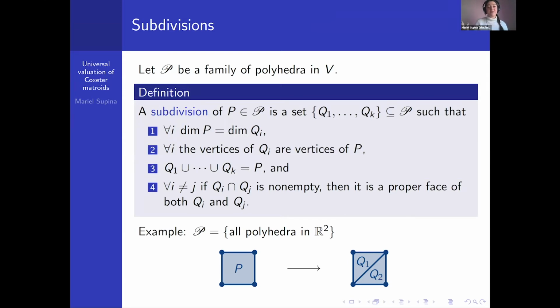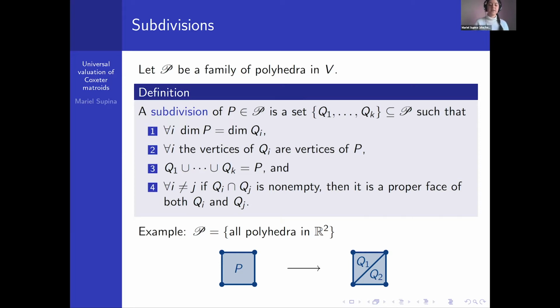If I have some family, script P, then I'm going to say that a subdivision of a polyhedron P in my family is a set Q1 through QK of other polyhedra in my family satisfying these conditions. Basically, they just need to only use vertices that were already vertices of P, and their union needs to give me P. And if I take the intersection of any 2 of them, I should get a proper face